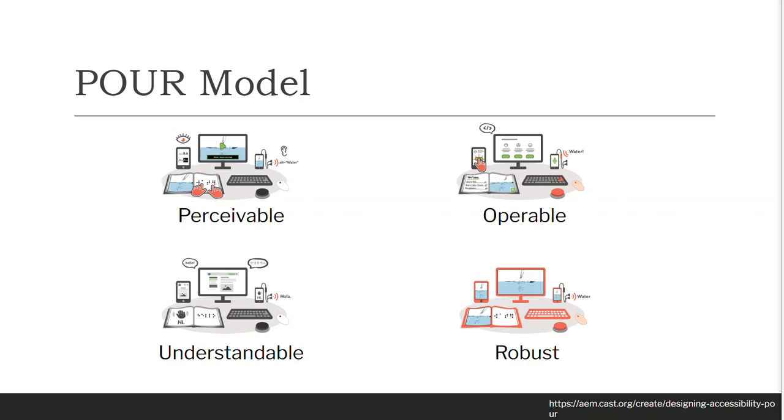Perceivable means that we want everyone to be able to see it, whether they're blind, they're hard of hearing. And so if we have images, we want to make sure that it's going to say something, a text alternative. We need to make things easy to see and hear. If there's a sound that's important, we need to make sure that there's a visual element of it that people who can't hear can then see. That's perceivable. Operable is to think about how the keyboard is used and making sure users have enough time to